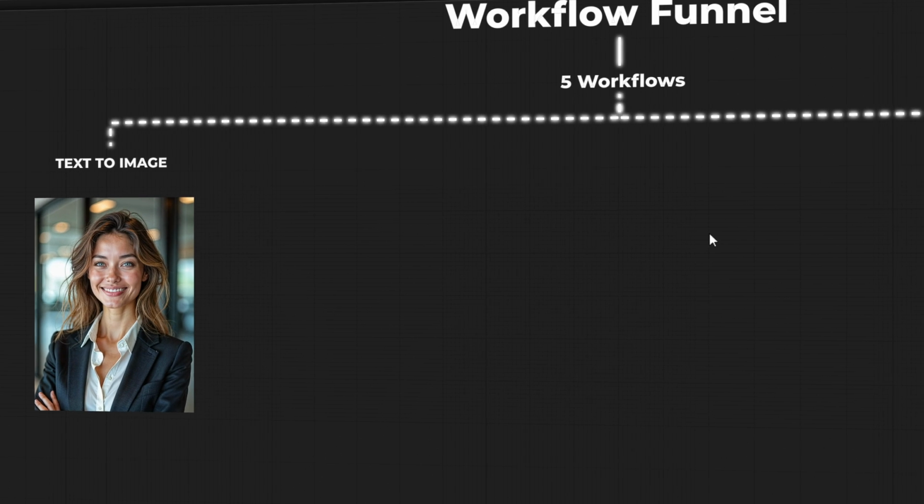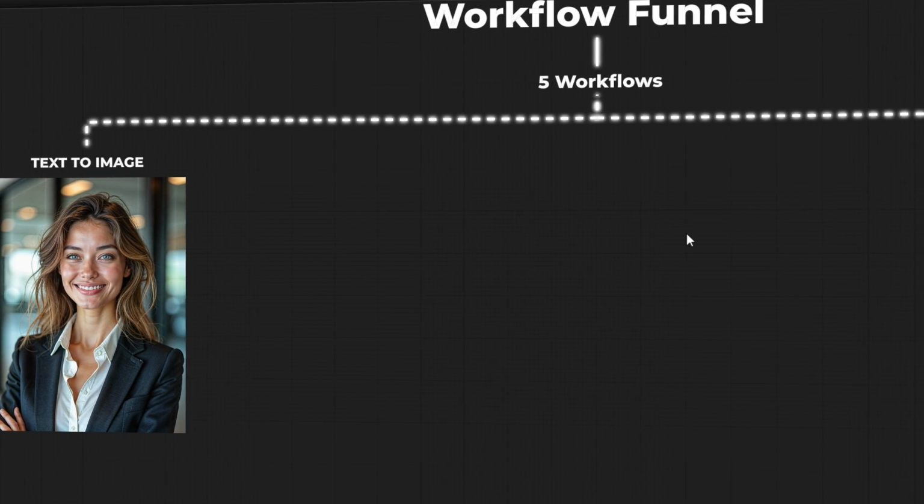Hi guys, welcome to the Comfy UI interface where the magic begins. Before starting, I will tell you the workflows we are going through today. We are going to have 4 different workflows. First one, I'm going to create a realistic character because I don't have one. You can skip this part if you have one.